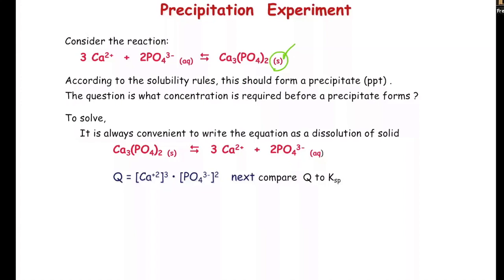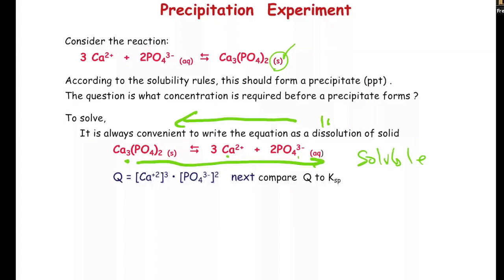To answer that, we need to calculate this reaction quotient Q. Remember, Q is an indicator of whether the reaction is going to go in the forward direction or the reverse direction. If it's going in the forward direction, that means it's going to be soluble, because the calcium phosphate goes to calcium and phosphate. So in the forward direction, it's dissolving, it's soluble. If it's going in the reverse direction, then it's insoluble. It will precipitate out. That's what it means. And how do we know if it's going in the reverse or the forward direction? We look at Q